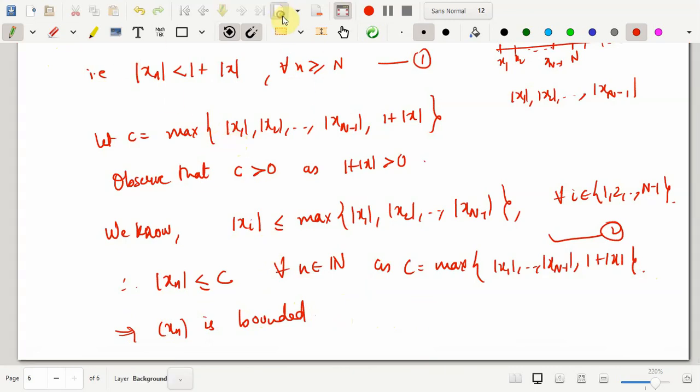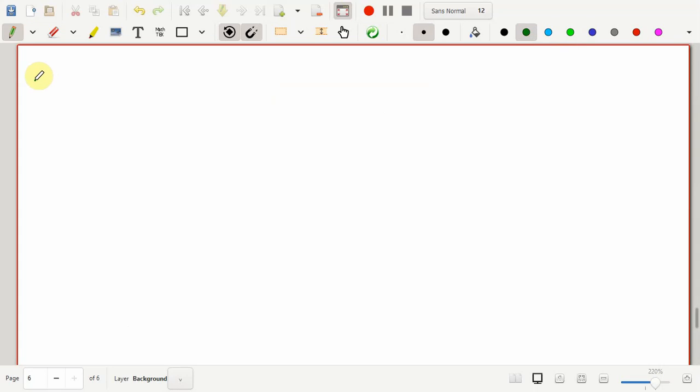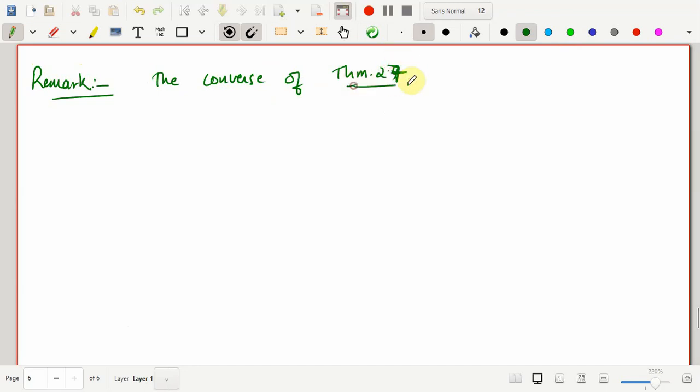Now, as I mentioned, a very important remark: the converse of the above statement is not true. The converse of Theorem 2.7 is not true. That is, in general, I cannot say that every bounded sequence is convergent. So we should be able to produce a bounded sequence which is not convergent, and it is clear from the above example. You can take a counterexample as